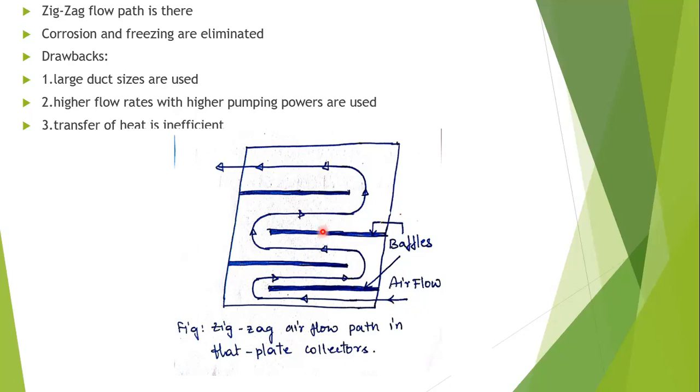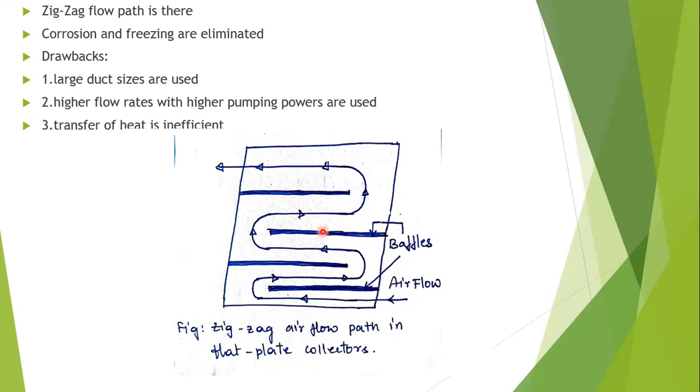Using air as a heat transport fluid, we can eliminate freezing and corrosion, and small air leaks are negligible. If there is a small air leak, it is neglected. But even a small water leak should be taken into account, because a hot water leak will have a side effect. So we have to consider water leaks and need not consider small air leaks. This heated air can be used directly for space heating, without any transport or any change of form of energy.